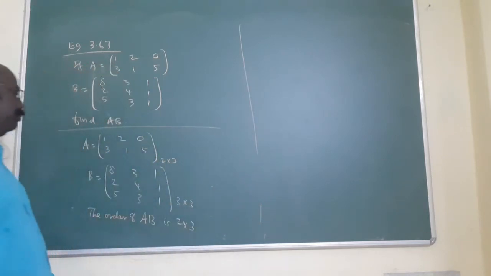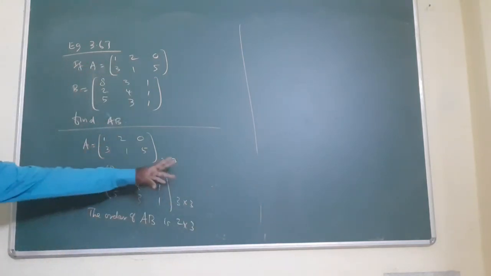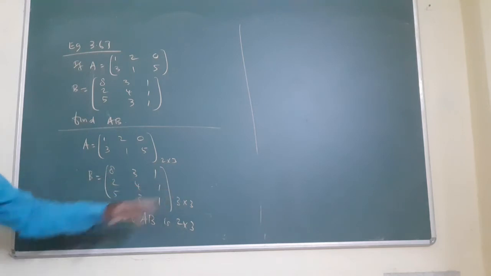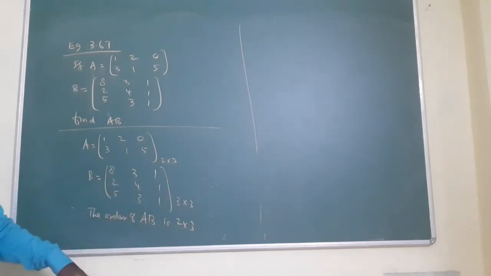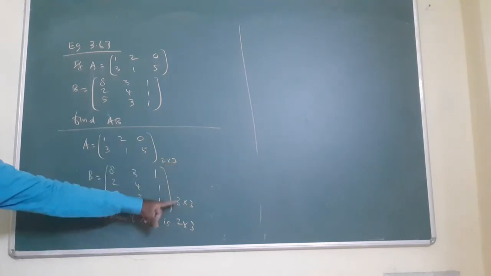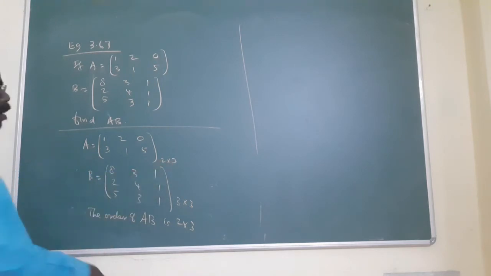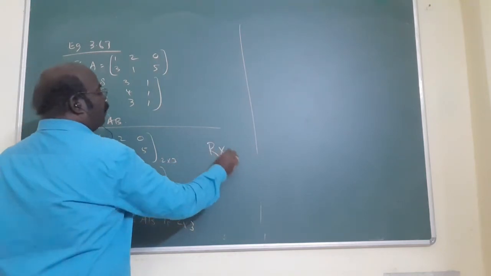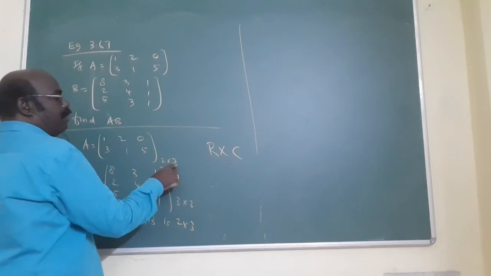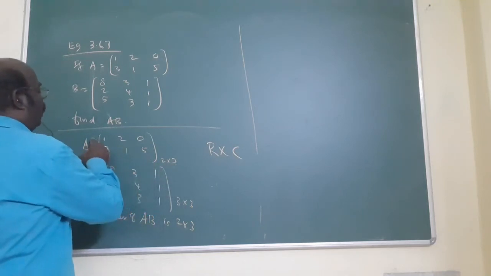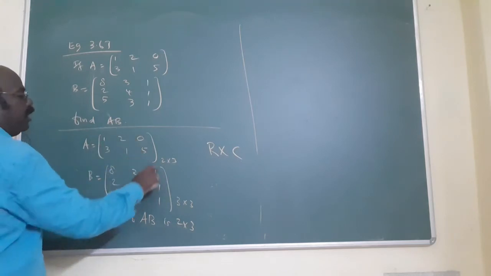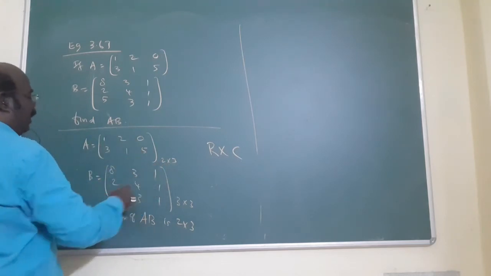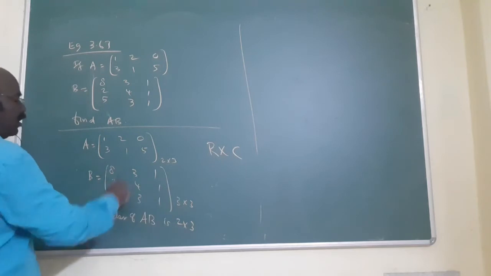That's very important. First matrix, A matrix, 2 cross 3 order. B matrix, 3 cross 3 matrix. Now, the product AB is possible when the column of the first matrix is equal to the row of the second matrix. Always row, column, RC. That's very important. First will represent row, second will represent column. Row is what? First row, second row. But column is what? 1, 2, 3. In this way you find out. Here also 3 rows, 3 columns.